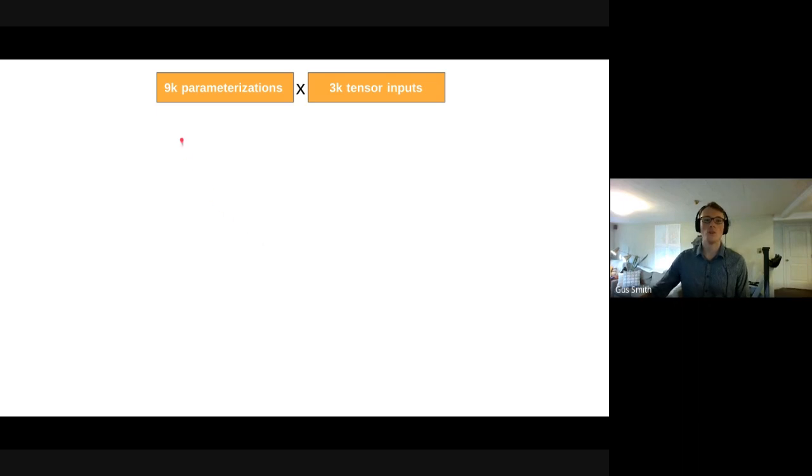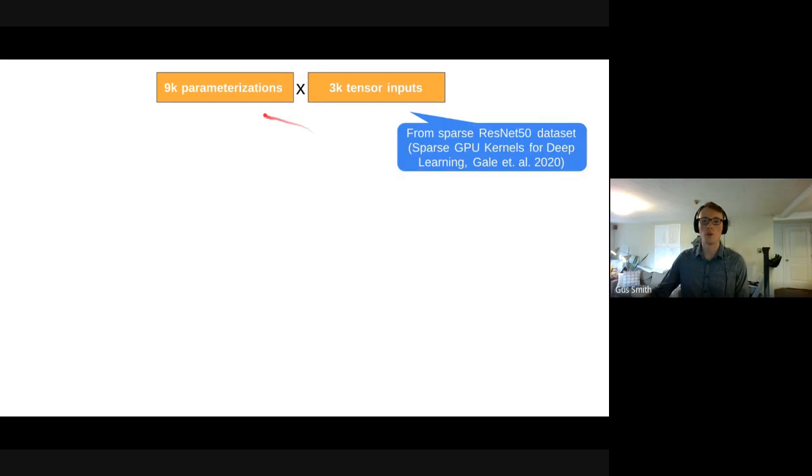So the space of points that we could sample from is essentially the parameterizations cross the tensor inputs. Like I said, we have about 9K parameterizations for sparse dense matrix multiplication, and then we have 3K tensor inputs. And where are those coming from? Well, these are coming from a sparse ResNet50 data set from this paper listed here.